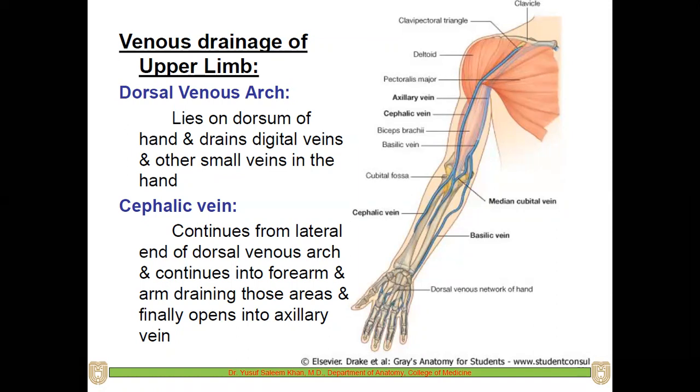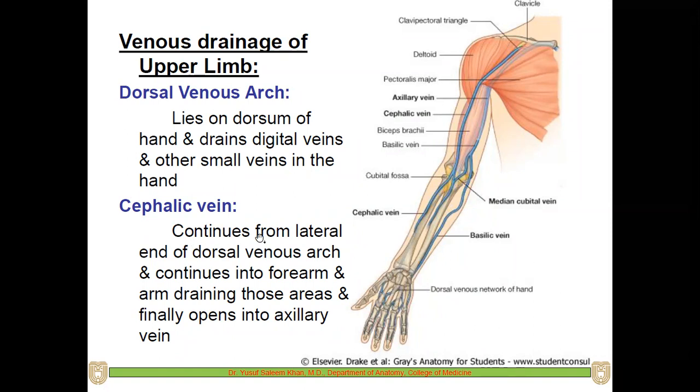From there, two important veins begin. One is called the cephalic vein and the other the basilic vein. From this dorsal venous arch in the hand, they will be going towards the heart, right? This is the venous drainage, so it will be towards the heart. These veins start as the dorsal venous arch and then divide into two important veins on either side, just like there are two arteries. One is called the cephalic, one is called the basilic vein.